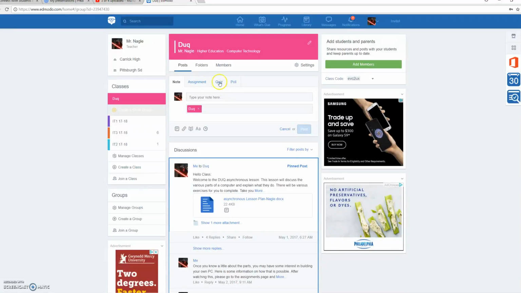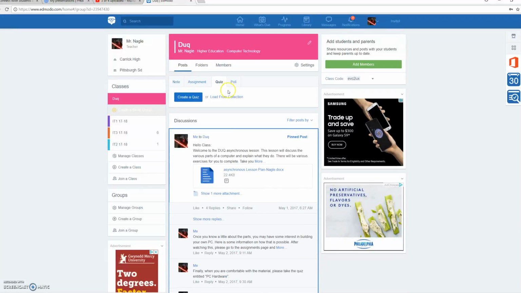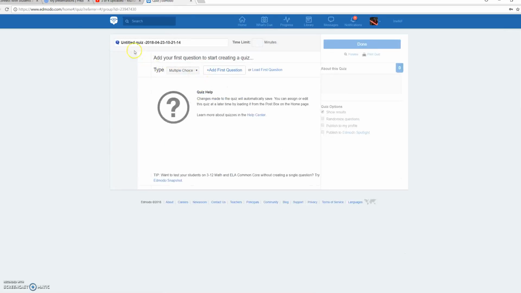So the next tab at the top is the quiz tab, and I use this all the time. I think this is a really nice tool for formative and summative assessment. Now we're going to get into this in more detail in a little while, but we're going to go ahead and click Create Quiz, and you give your quiz a name,